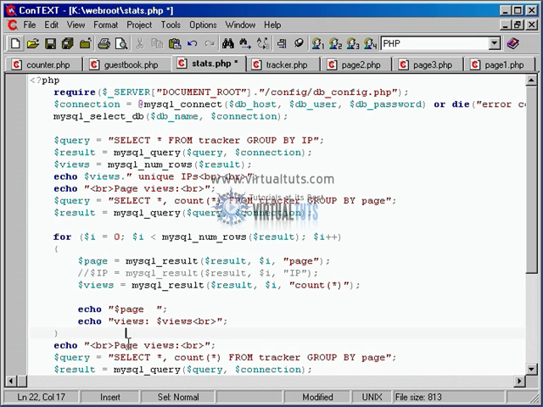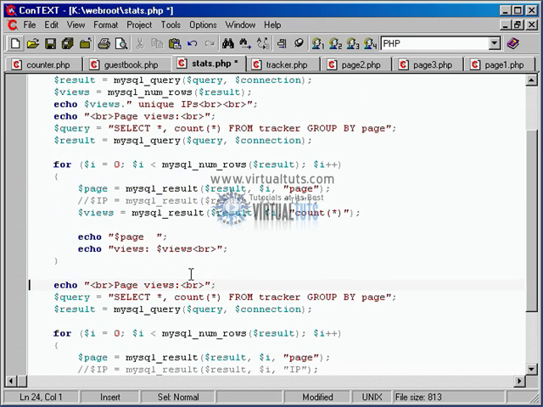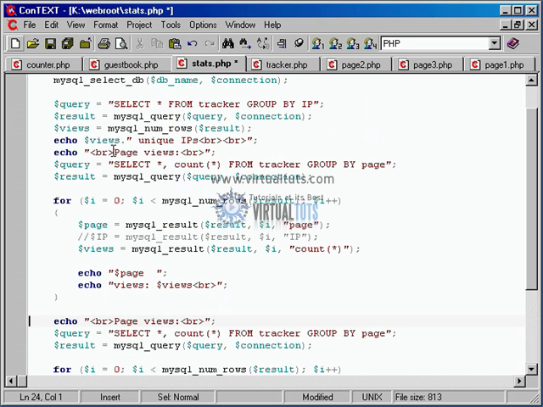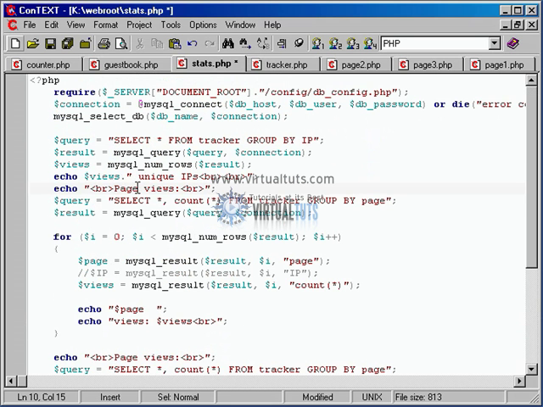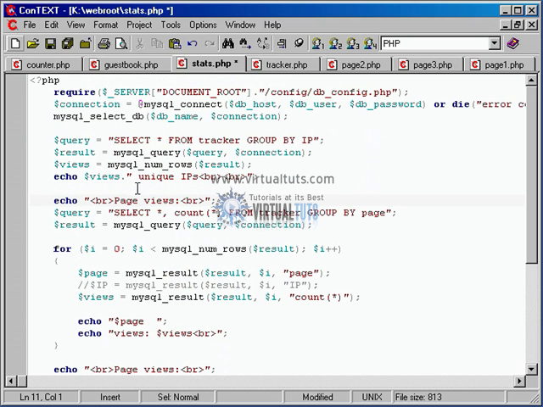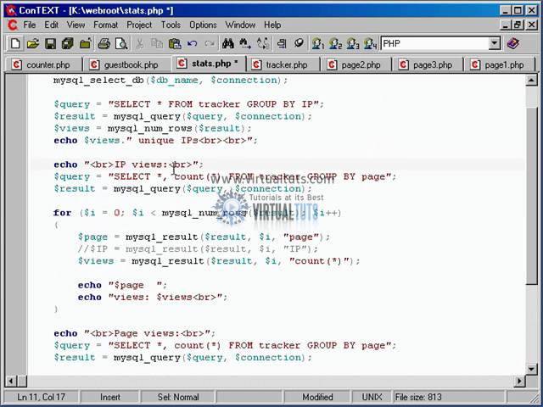So again, this bottom page views was the one we had initially written. So let's go ahead and change this one. That's now going to display IPs and how many times each IP has viewed the page. We'll change that to, say, IP views. Maybe change that to something that makes more sense in a minute. But this time, key things we need to change. We now want to group by IP,